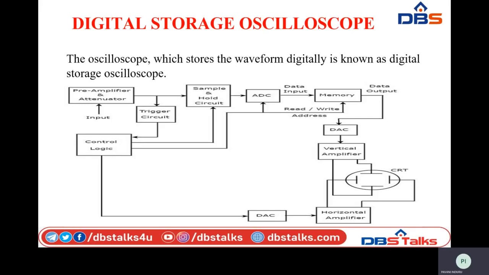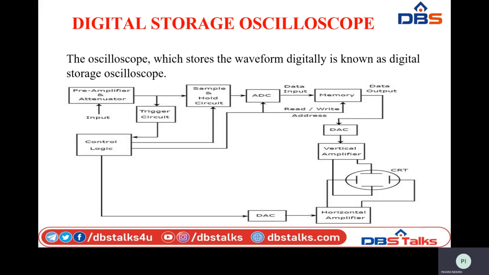Similarly, in the horizontal section we also have a digital to analog converter, which converts the samples back to the continuous waveform and hands it over to the horizontal amplifier. These horizontal and vertical amplifiers are connected to the set of deflection plates, vertical deflection plates and horizontal. The position is synchronized with respect to the screen. Once the electron beam position is adjusted, these electron beams strike the fast phosphor screen such that they run the phosphor.